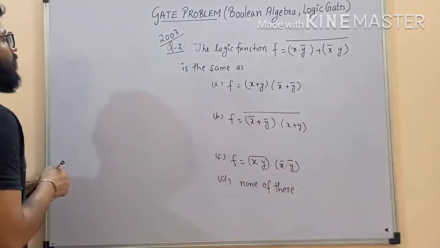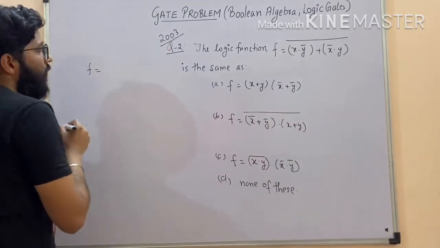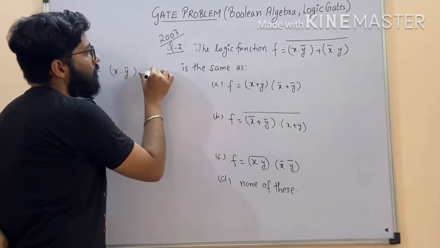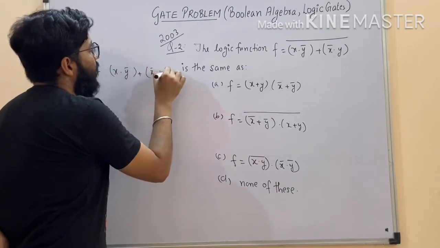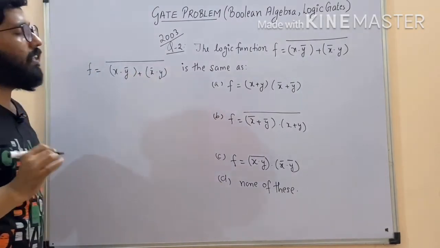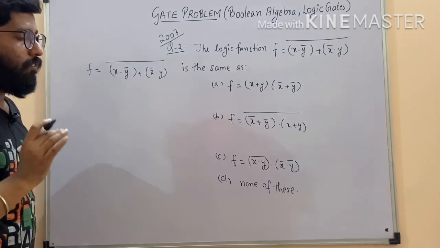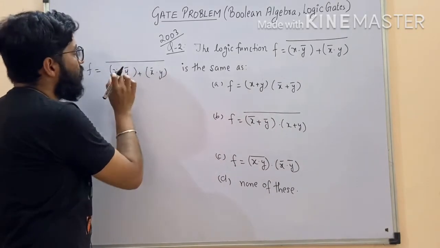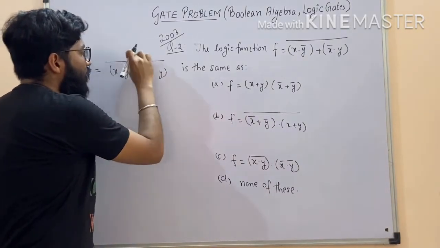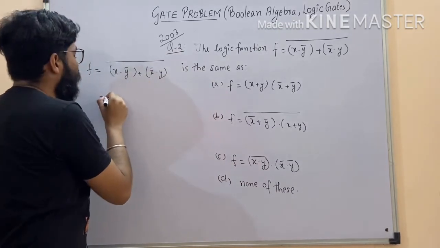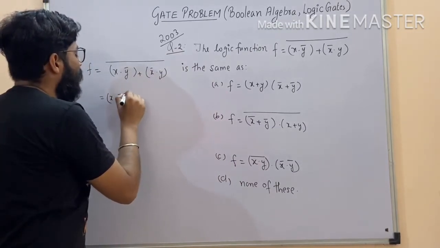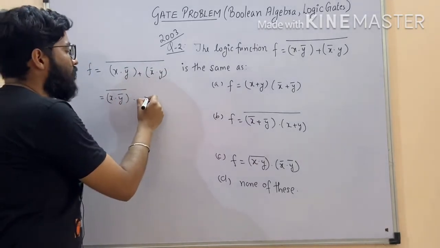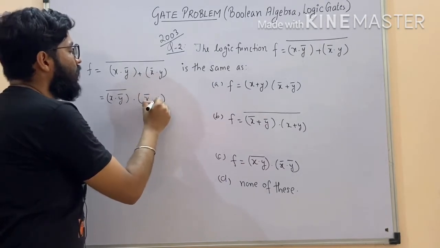For this we have to consider, suppose the given function is f equals x y complement bracket plus x complement y bracket, to the whole complement. First, in De Morgan's theorem we have studied that if you break the line, you have to change the sign. Firstly, you have to apply De Morgan's here. If we break the line, you have to change the sign. So suppose you write x y complement to the whole complement, and this, changing the sign to dot, x complement y to the whole complement.